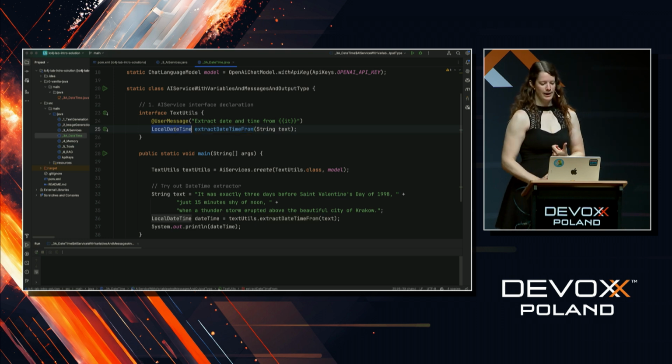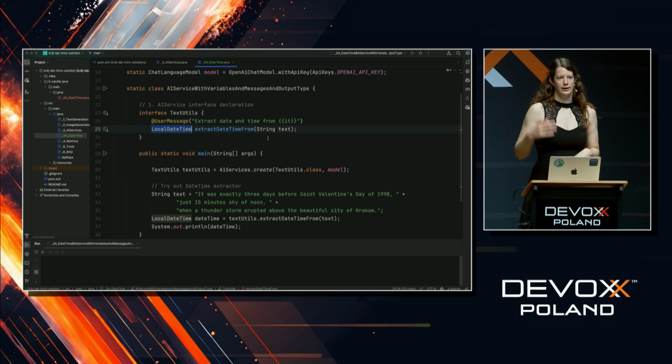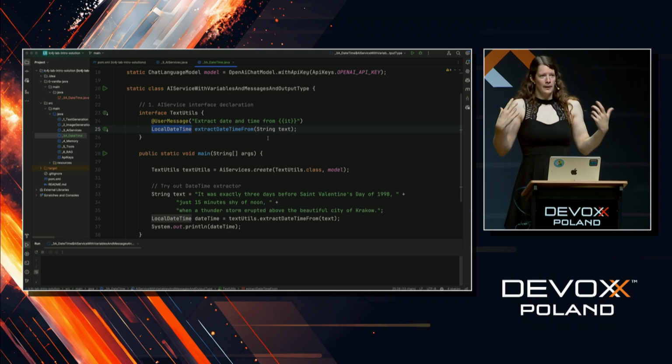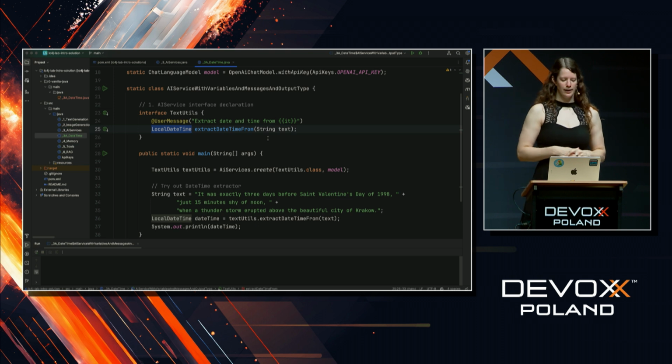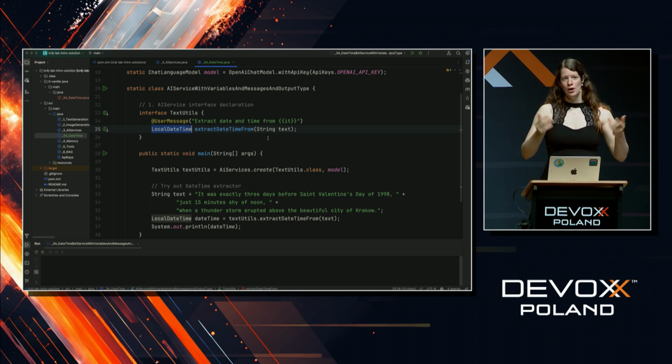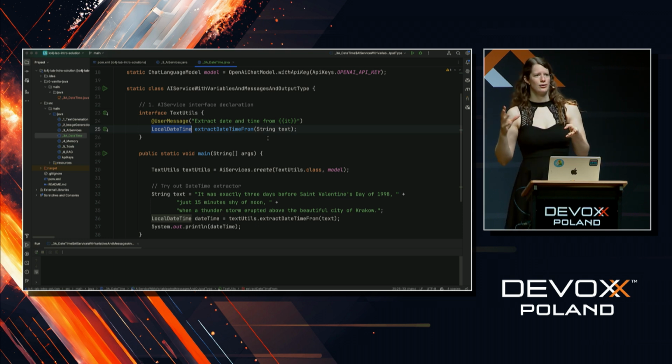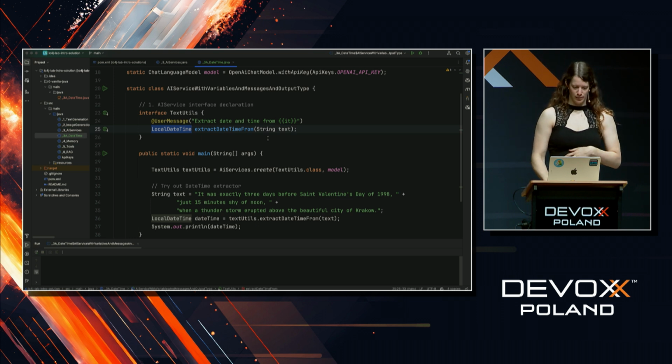And what it gives back, and that is so nice, is a real local date time object. So we don't have to care about parsing the string that comes back. We can just continue working with our local date time. And that's the magic of LangChain4j, which does that behind the scenes for you, forces the model to reply in a certain format and then parses it for you. So you can just continue with your Java code.